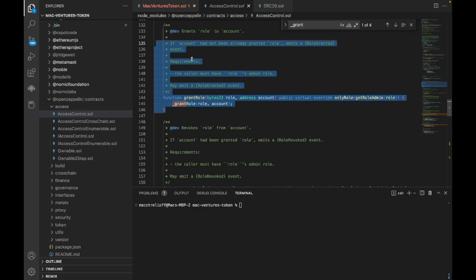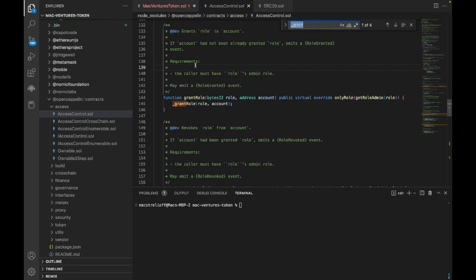That way, by giving them the default admin role, they're able to either pass that role on to other people or to create new minters as new contracts are built that would require minting. And another interesting thing here is the only role